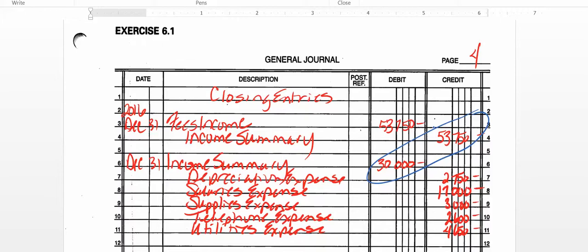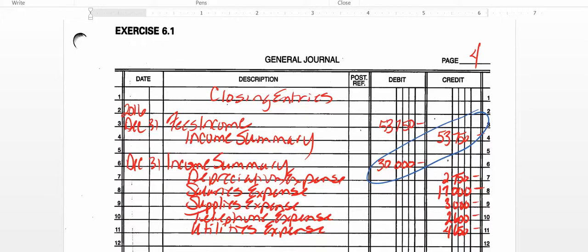If we had our income statement in front of us, we would be able to see that we were showing a net income for the quarter or the month that we were calculating, because the fees income that we did first was representing all of our revenue, and the income summary in the second entry was representing all of our expenses. Now we don't know about drawing at this point, but we can kind of just suppose